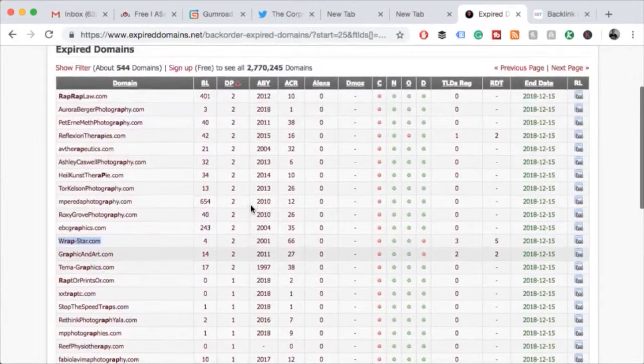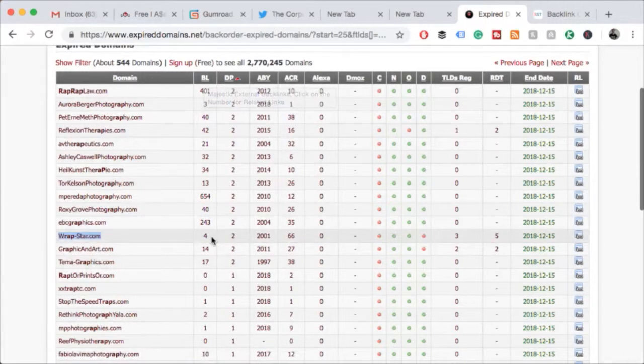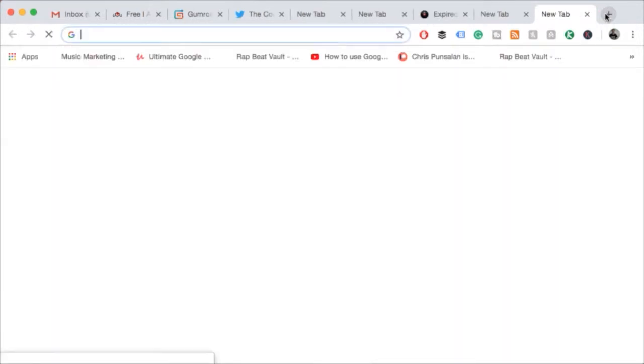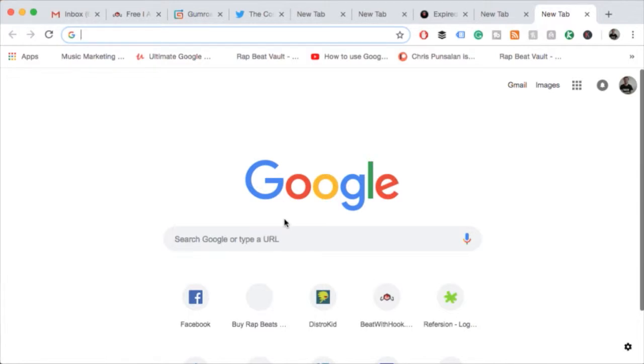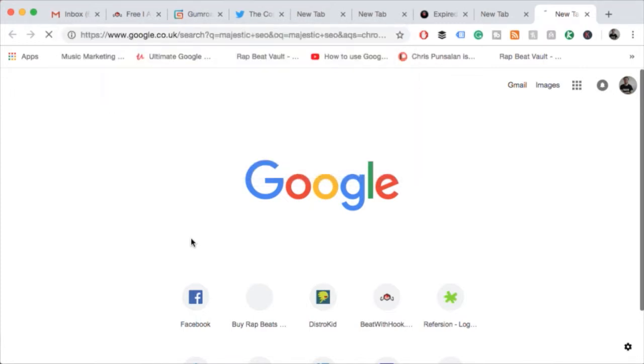I'll just look at the background here. You can see that the BL is usually the link value. Majestic external links. So it's only telling you there are like 4, but the domain is from 2001, which is pretty cool. There's a bunch of different tools you can check. There's another one as well, Majestic SEO. And just try to find domains with good backlink history. If you see porn or spam or anything that looks spammy, avoid it. I'm just giving you a head start, because these are the mistakes that I made.